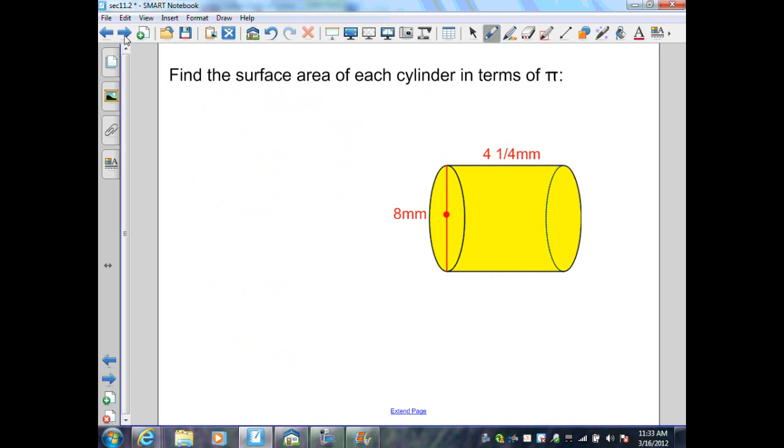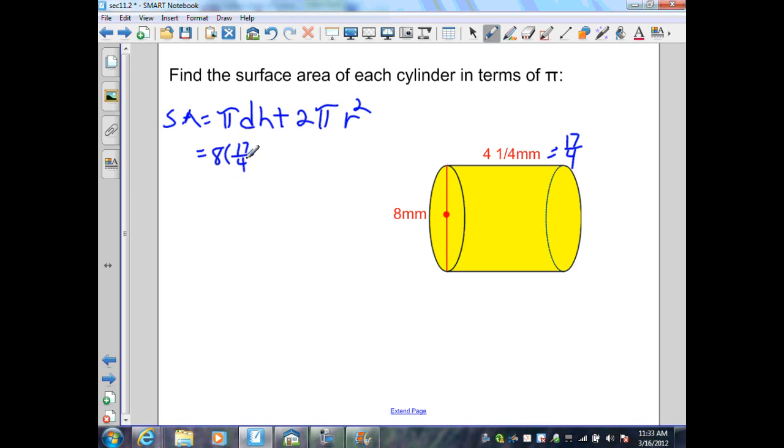On my next problem, they want me to solve this problem in terms of pi. So I know my formula for surface area is equal to my lateral area, which I know is pi times d, since I'm given my diameter, pi times d times h, plus 2 pi r squared. When I substitute, I'm going to have a diameter of 8, a height, which I know is 4 1/4, which is going to give me 17/4 as an improper fraction,